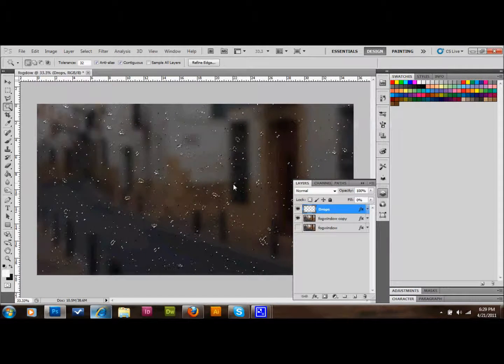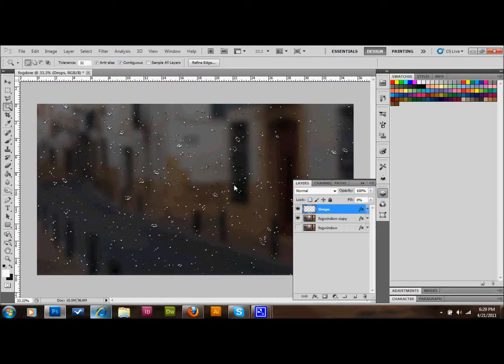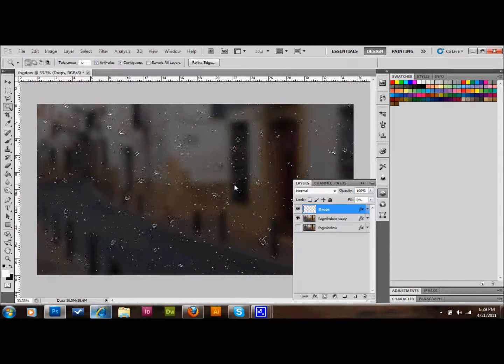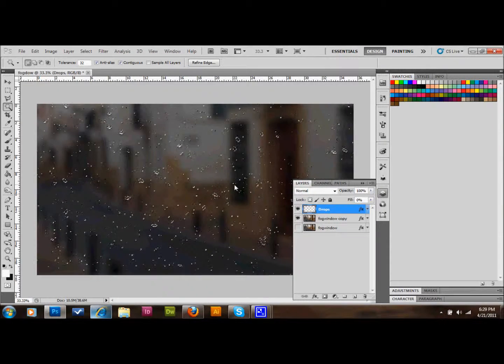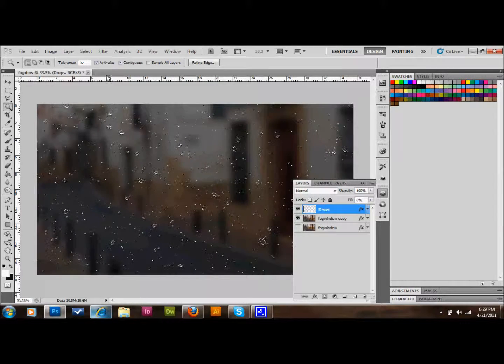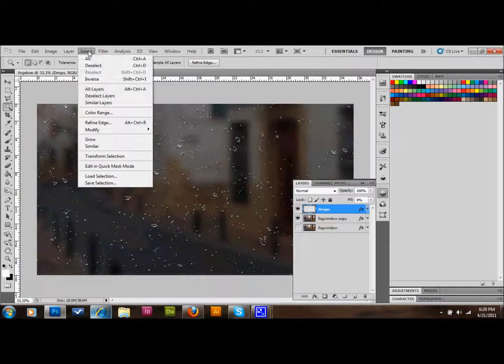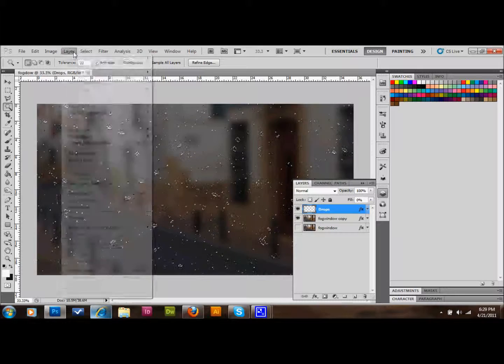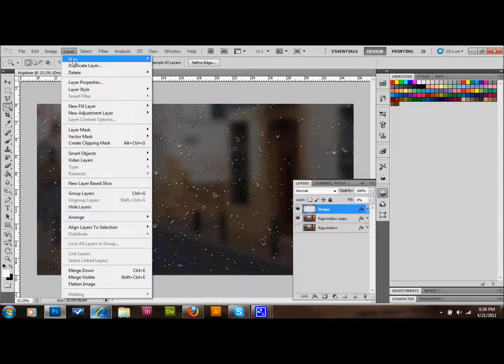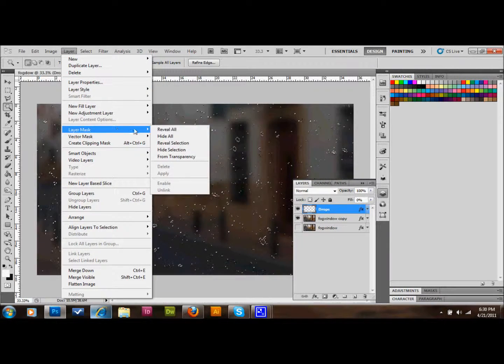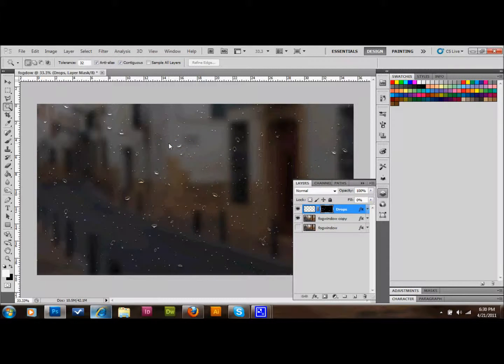With that same layer still selected, we go up to layer, down to layer mask, and reveal selection, and that'll reveal